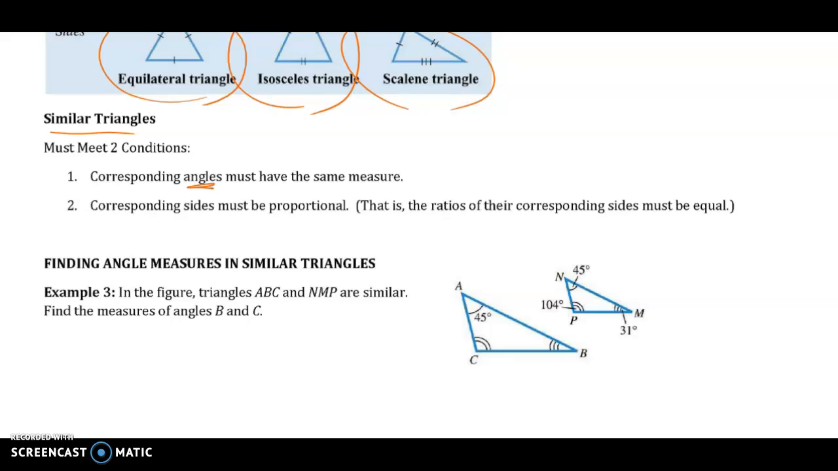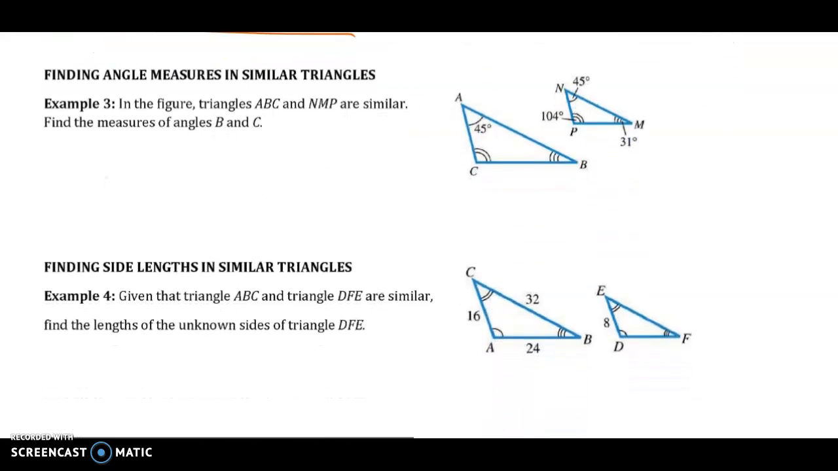So the angles of similar triangles are equal. So they have the same angles, but the side lengths are going to be proportional. So let's look at example 3 here. We have a setup like this. So I know that